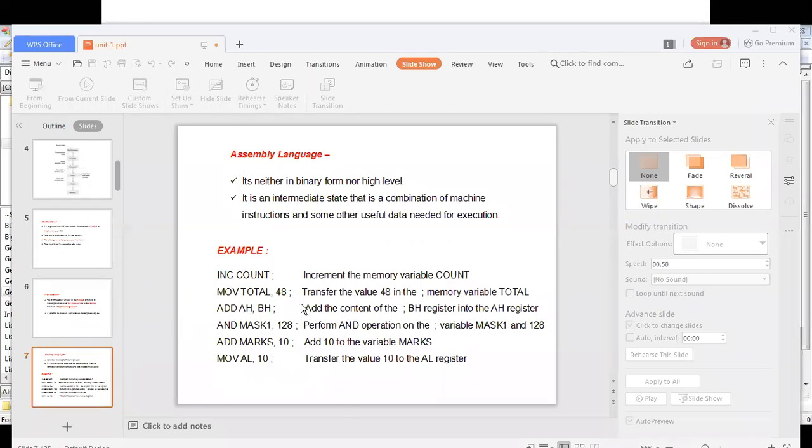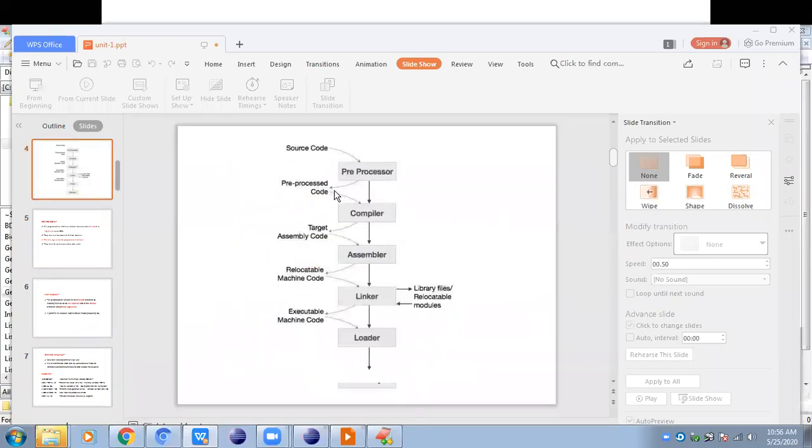Clear. This is the sample assembly language. So the duty of the compiler is that it will compile the high level language program to assembly language program. In one line, what we can say about the compiler is that it will take the pre-processed code and convert that code to assembly language code. Clear. If there are no errors, it will convert that pre-processed code into assembly language code. That is the duty of the compiler here. Is it clear? Guys, briefly, what will this compiler do? The second step is the compiler. This compiler will convert that pre-processed code into assembly language code.